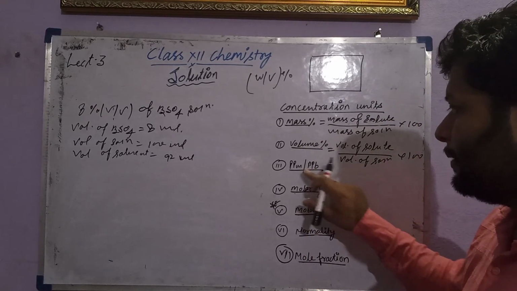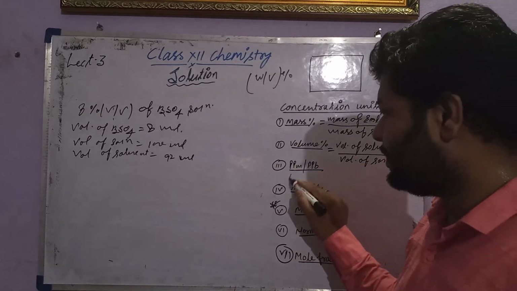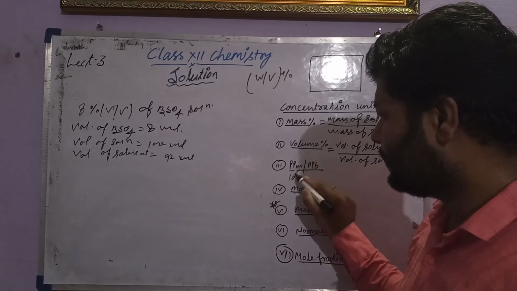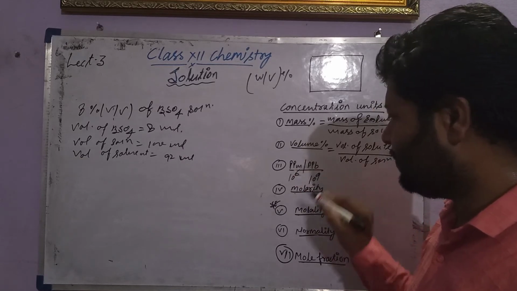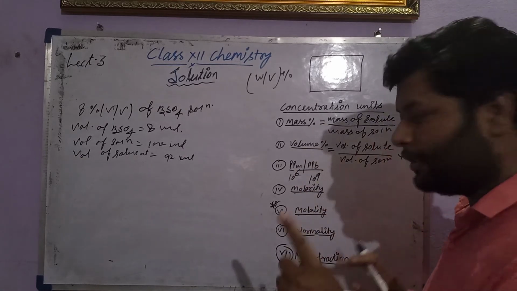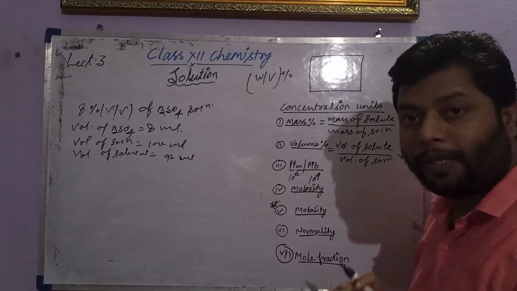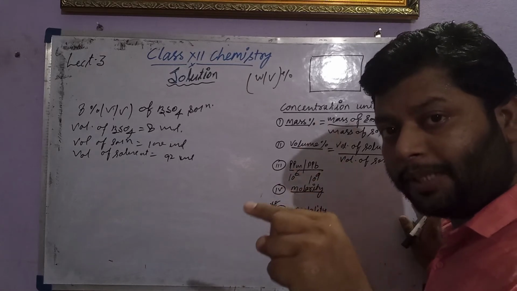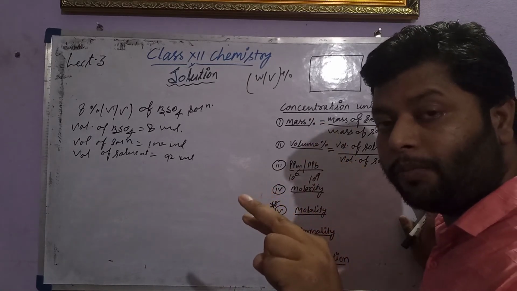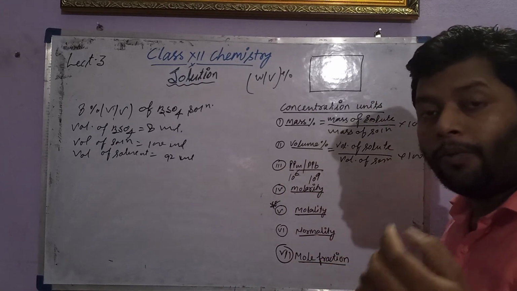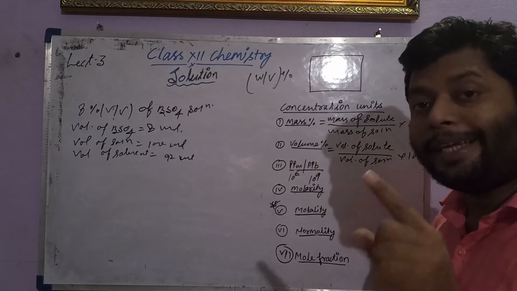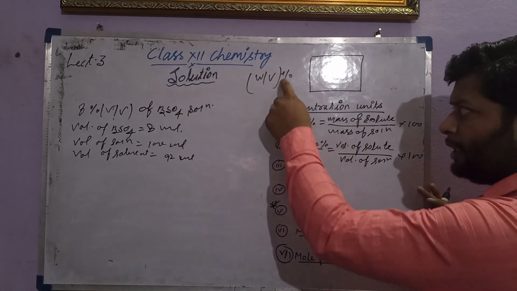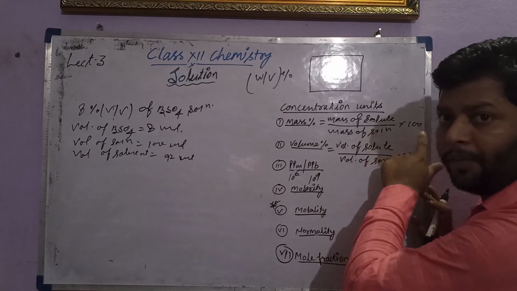Now the other thing is parts per million indicating actually 10 to the power 6, and parts per billion means 10 to the power 9, 1 billion. It means what are the parts of solute in the terms of gram or in the terms of volume given in the 1 billion part or 1 million part of the solution. These two terms and three terms is given in the percentage. So we have to multiply by 100.